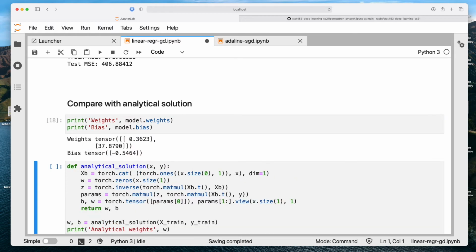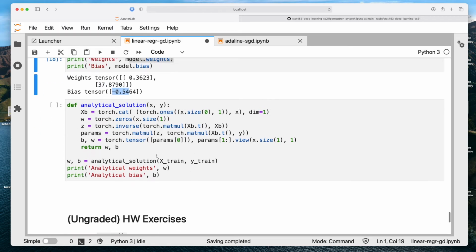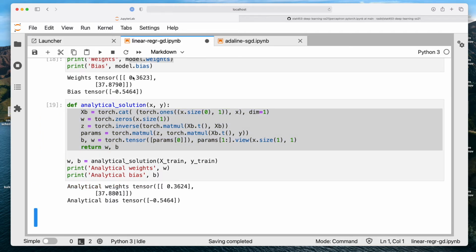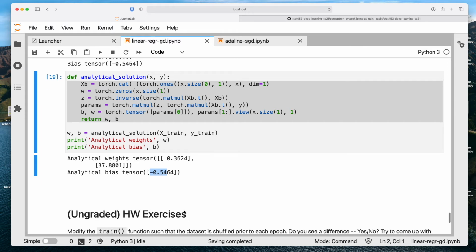So here are the model weights from our own model, from our gradient descent model. For the weights, feature 1 weight is 0.36 and feature 2 weight is 0.379 approximately, and the bias is minus 0.54. Now here's the analytical solution, where I implemented what I had on the slides, what I just showed you. When we execute that, you can see this one and this one are very close, and these are virtually identical, and also the bias unit is identical. So we can see this gradient descent implementation works, and it gave us the global minimum here.